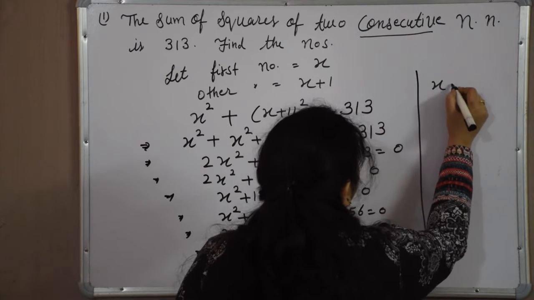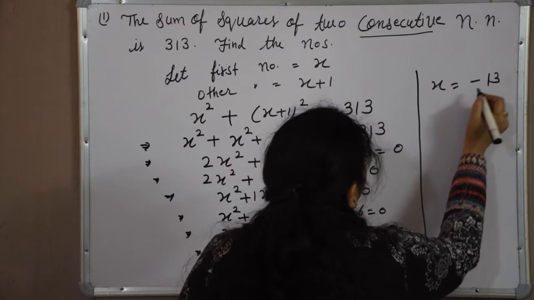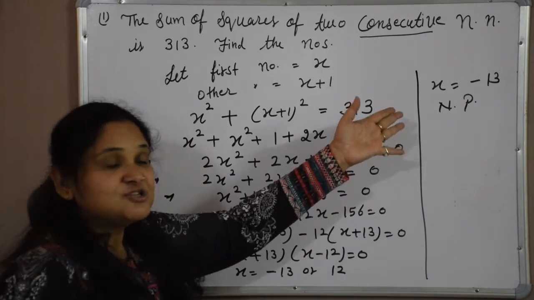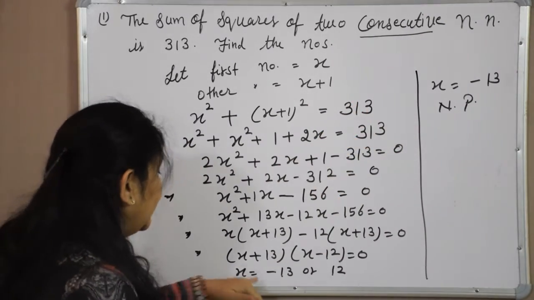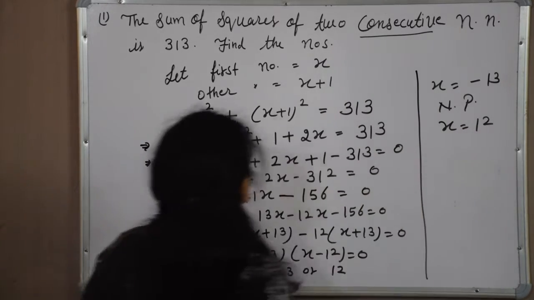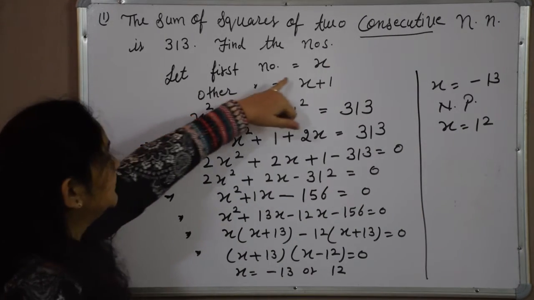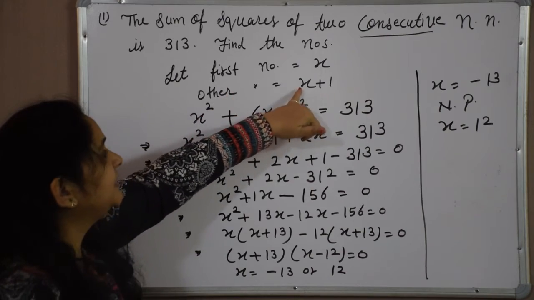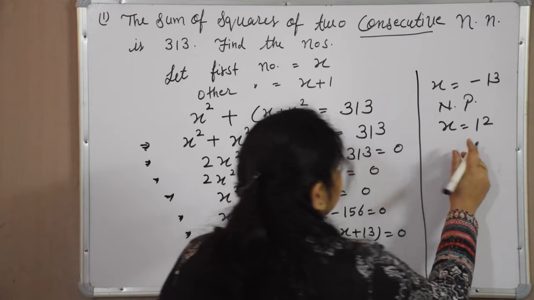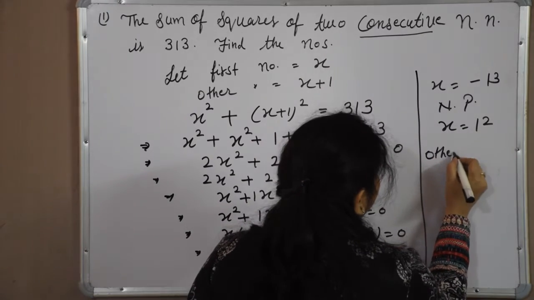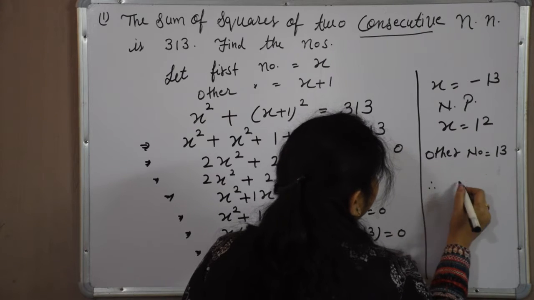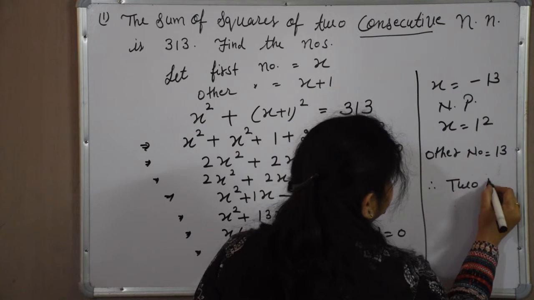So x is equal to minus 13 is not possible, because it is not a natural number, it is an integer. So we have to consider the value x is equal to 12, and the first number was x, the other number should be 12 plus 1, because we have to find both the numbers. X is equal to 12, other number is equal to 12 plus 1, 13. Therefore two numbers are